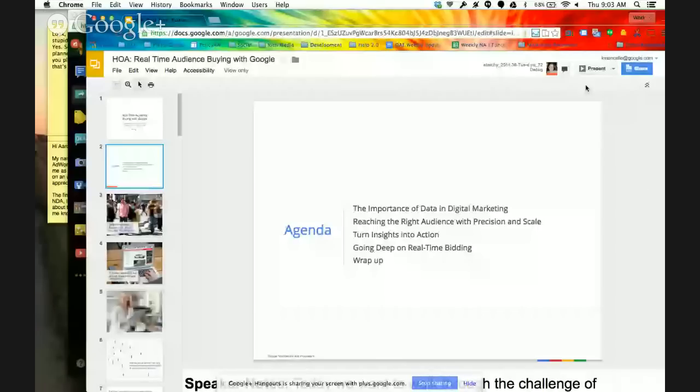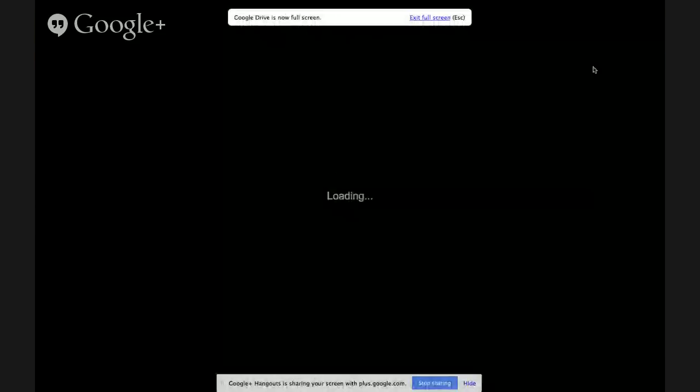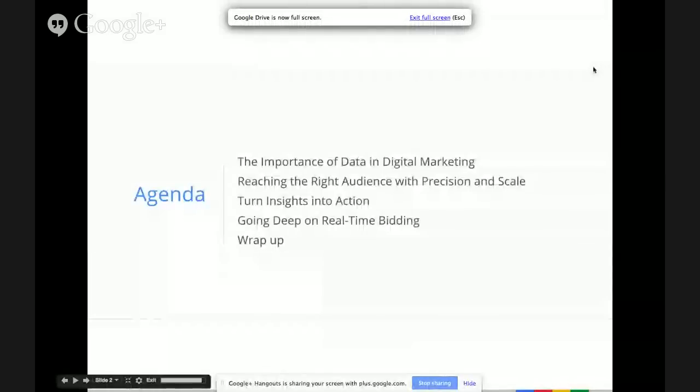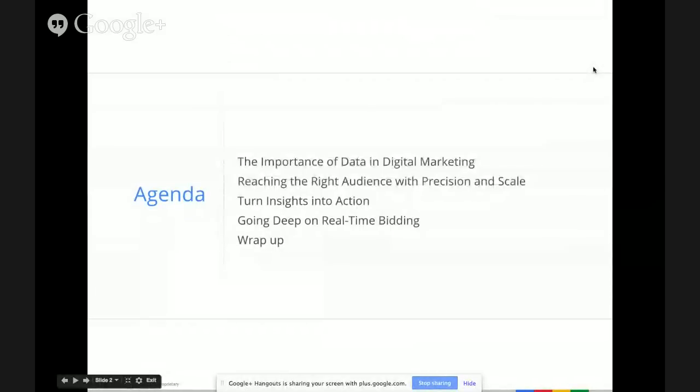We'll touch on how you can use dynamic remarketing as a means to cut through the noise and serve the right ad to the right user at the right time. And then we'll go a little bit deeper on how Conversion Optimizer works and how we can help you manage your bids at scale and ensure you're investing efficiently in online advertising. Finally, we'll wrap up the first half of the Hangout by showing you how you can turn these insights into action via flexible bidding strategies. Now, Joe is going to give you a quick overview of the online advertising problem.